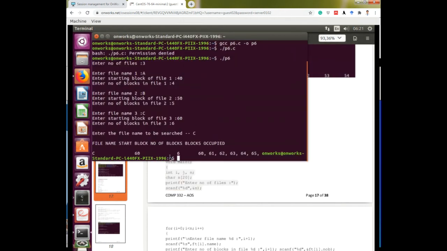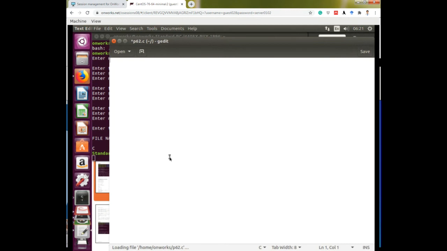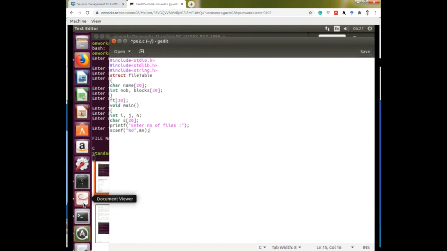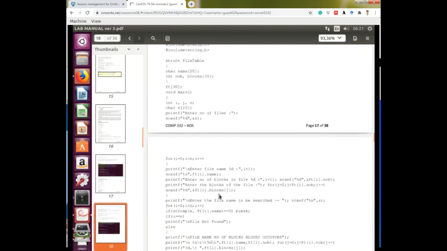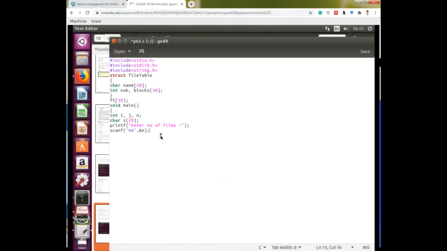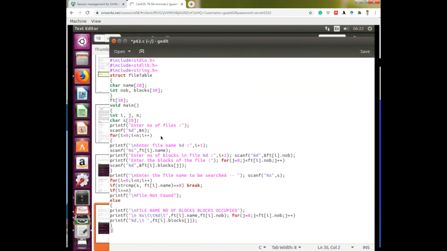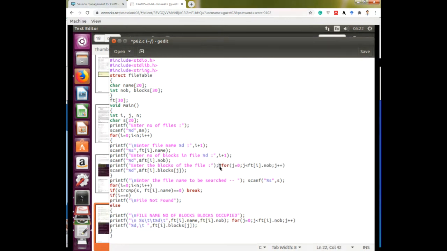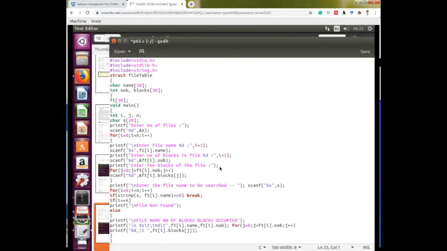Go to gedit p62.c, Control V. Then here we have to see this scanf needs a new line, and this for also needs a new line, and then this scanf also on a new line.